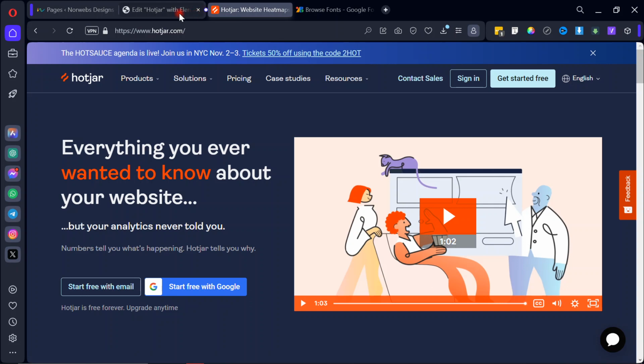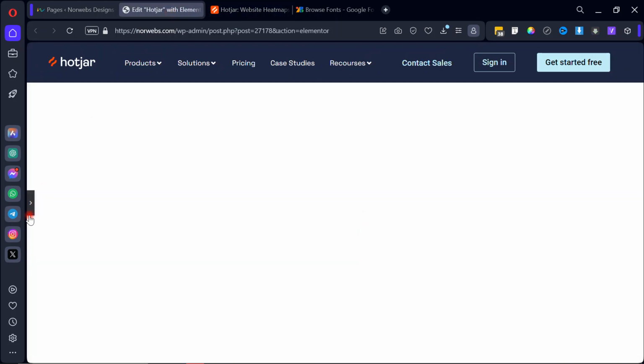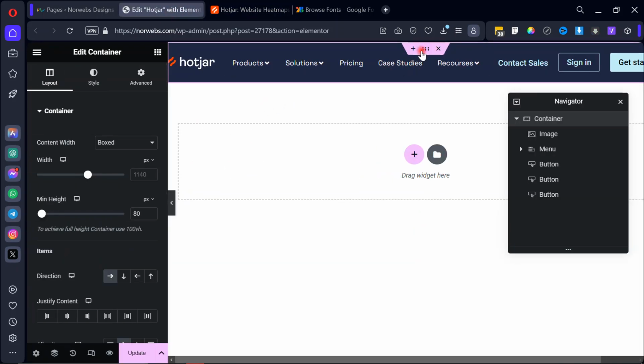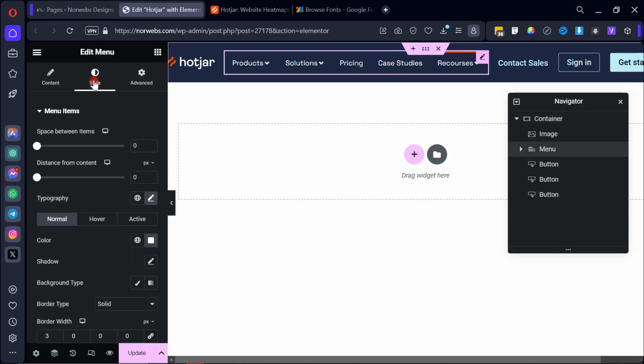So why is this so? There's something else we have to do. So take note of this. We have 80 pixel on the height. So now let's go back to our menu. So on the menu side,